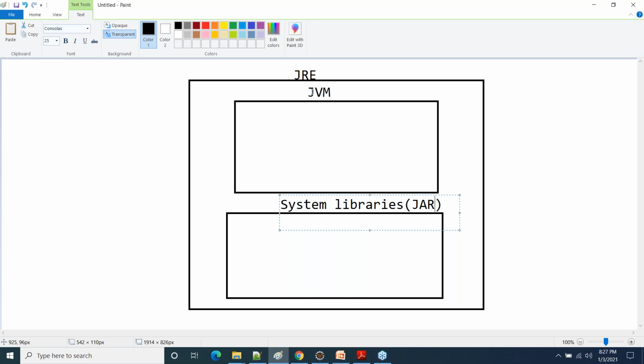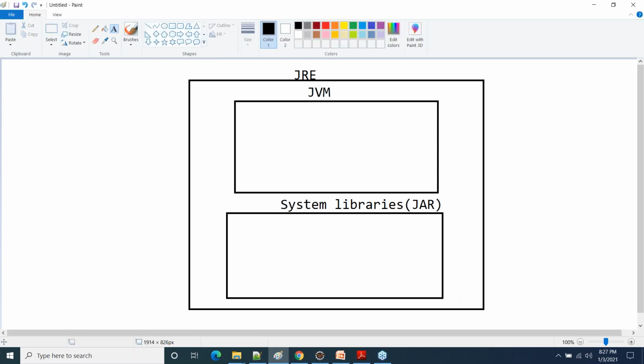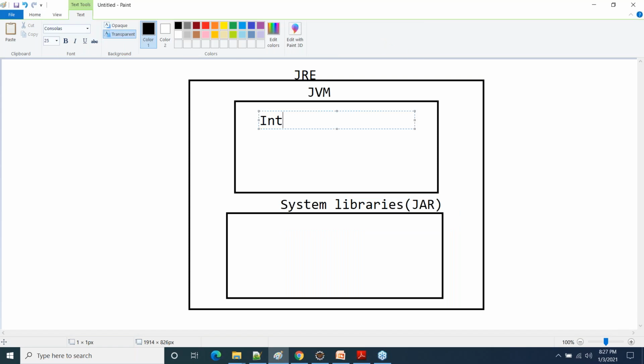Now, JVM again contains one important component, which is the interpreter. Interpreter is an application inside the JVM which actually executes the program. What the interpreter does is read the code line by line.